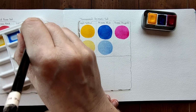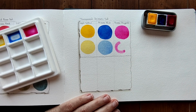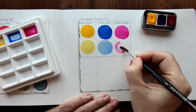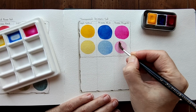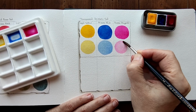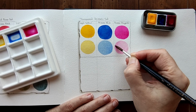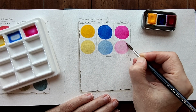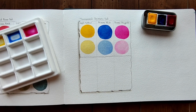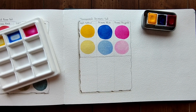There we go, just dilute that. Again, very, very bright. Even when diluted. Okay, so these are our primary colours, and now we are going to start mixing